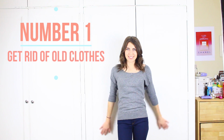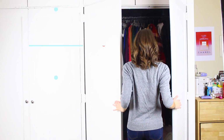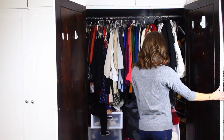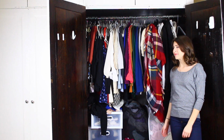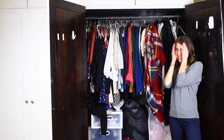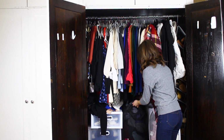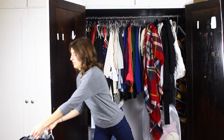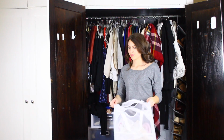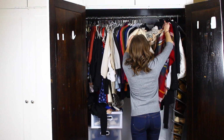One of my favorite things to do each spring is to go through my closet and get rid of a ton of clothes to get ready for the new season. Right now my closet is an absolute mess and I have so many things that I look at and never wear, so it was a good time to sit down and really make some hard decisions and get rid of some clothes. I always do this on laundry day because then any clothes I've worn in the somewhat recent future are already separated out so I don't have to deal with them. So first step is getting rid of those hampers, and then I go through my closet and I look